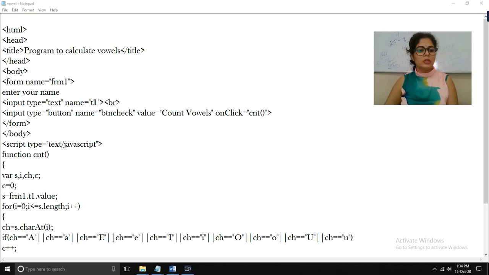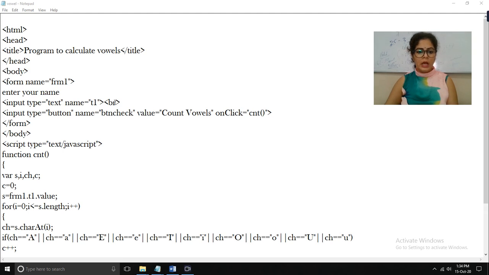Next is name is equal to T1. This is the name that you have provided to your text box, not your form. The name that you have provided to your form is form1, and T1 is the name given to the text box. So this is the name T1, and you have to write this in double quotes. Now bracket close. Next tag is the break tag.